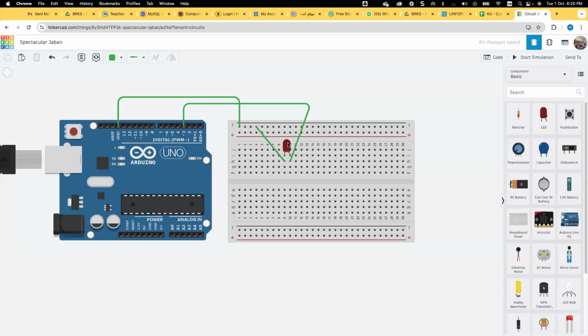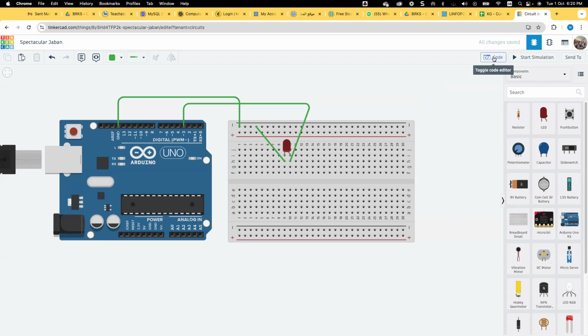Okay. So here, what I'm showing you is how to build a simple circuit by inserting a small LED. Imagine that I am going to program this LED in order to start blinking.